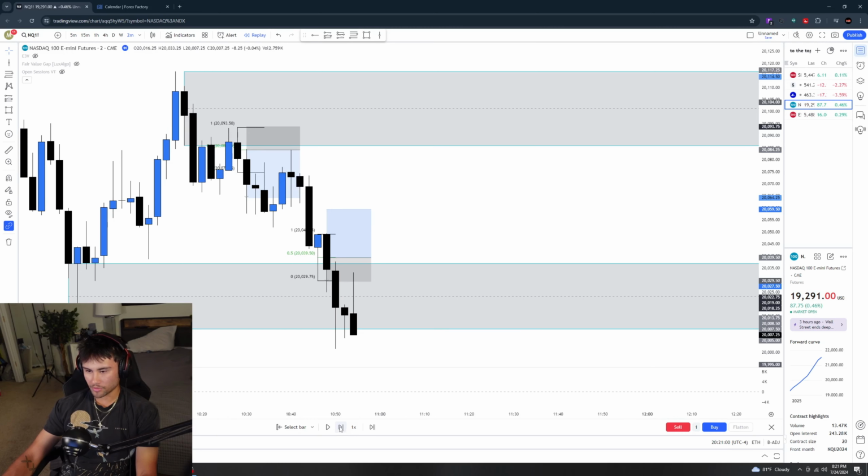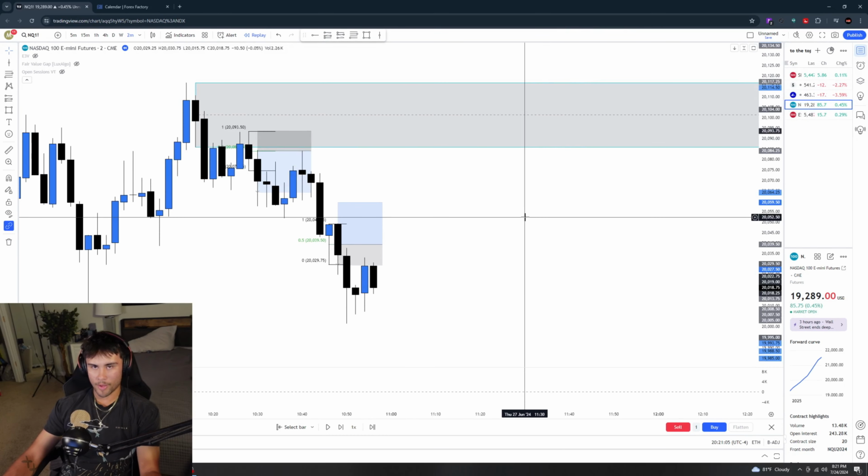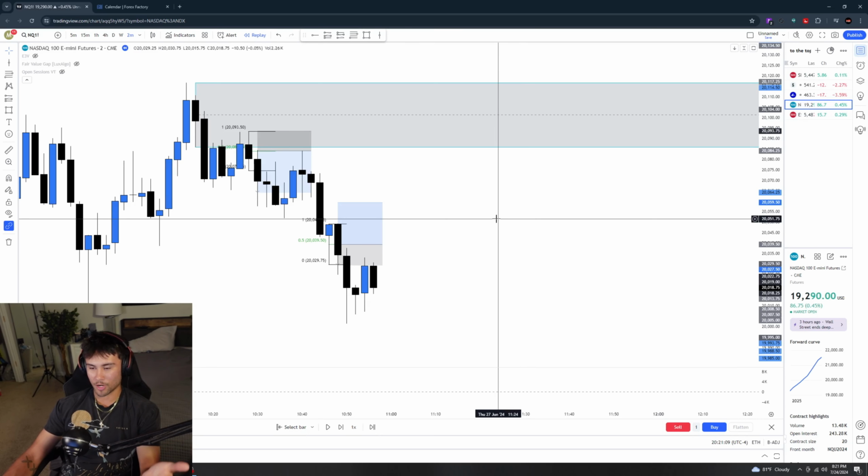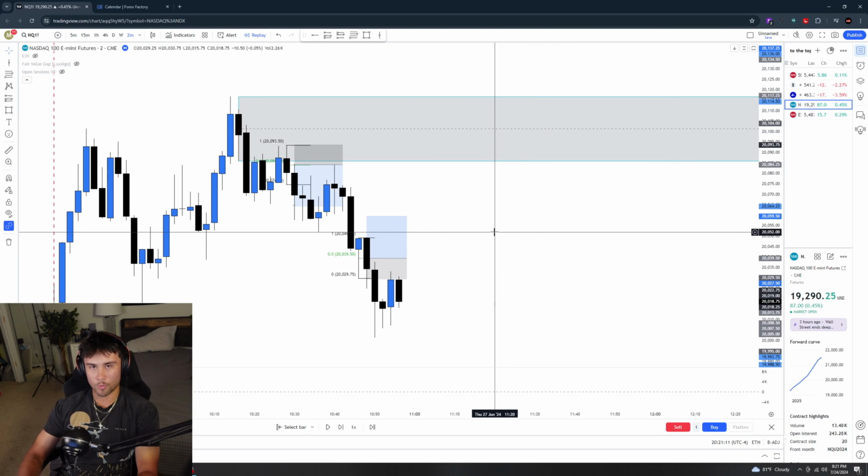Now I just keep pressing this button and I look for the next play. It's a pretty repetitive process, and you're going to be doing this over the course of multiple days. Now, what I mean by the course of multiple days is this is one day, right? One day of testing a strategy is not enough to tell you if it's going to be profitable over a